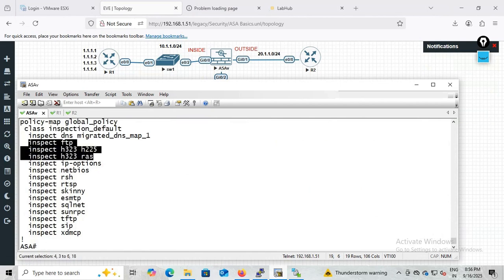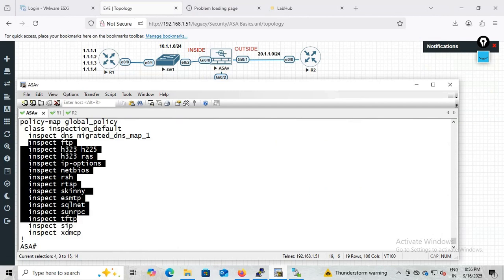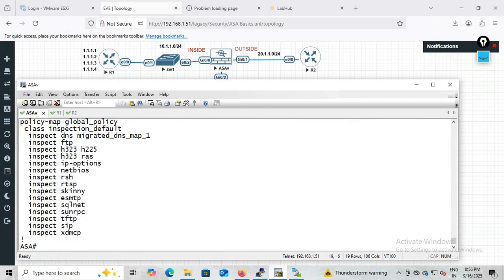and RSH, RTSP, TFTP and SIP traffic, right? But there is nothing like telnet, SSH or TCP traffic. Why? Because that is not part of it. And you have one global service policy for that